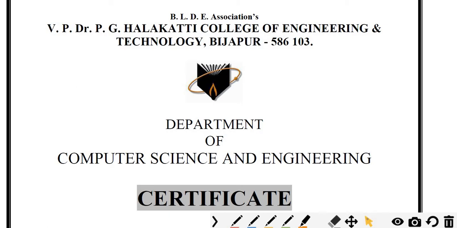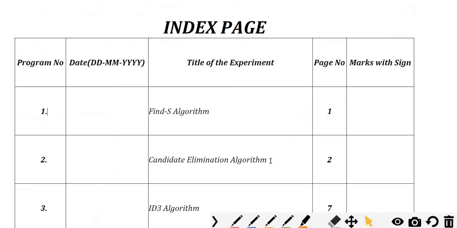First I will show you the content of this machine learning lab. We have totally 10 programs in this lab. The first program is the Find-S algorithm, which we have already discussed in our class. So first go through that video of the Find-S algorithm, then you can come to know about the programs of this algorithm. Then we have also seen the candidate elimination algorithm in the class. The same algorithm is there, and we have to execute it using the Python language.